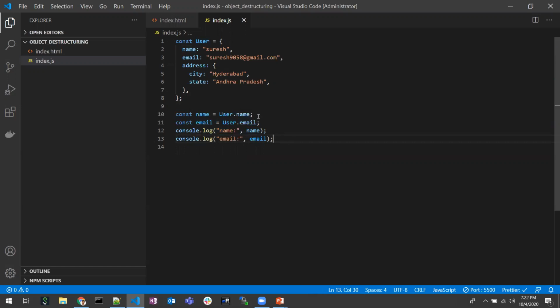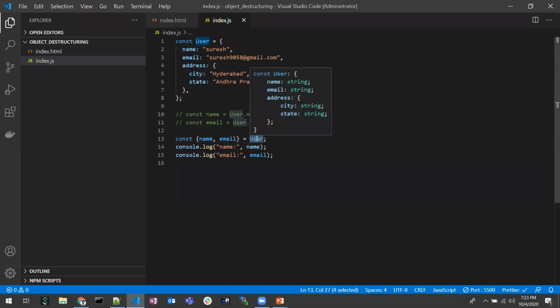So with object destructuring, how are we going to handle this? Let me explain. const { name, email } = user. As per the definition, let's break it down. Extracting the properties from an object, I mean user, here user is an object. We are extracting the properties from this user and assigning them to the name and email variables. We are binding them to the variables name and email. So this is the definition and the usage of object destructuring.